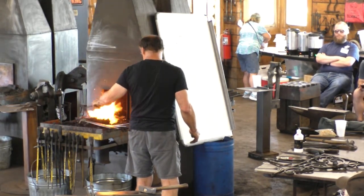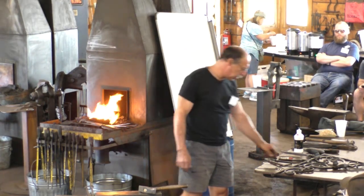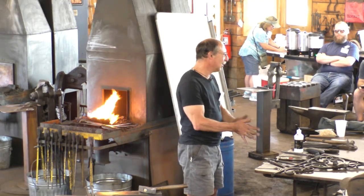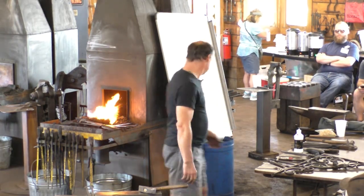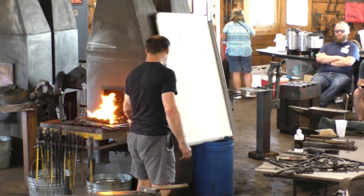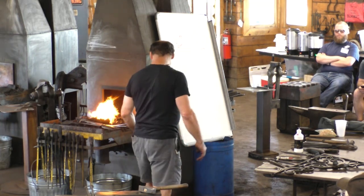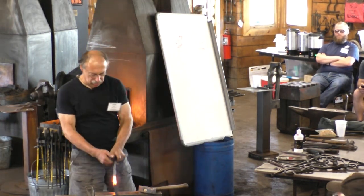Well, I have to say when I was at Williamsburg, we were trying to use period correct steel, which would have been 1075. We got used to making all of our tools out of that, and if you learn to use them effectively, it takes a little bit more practice, but